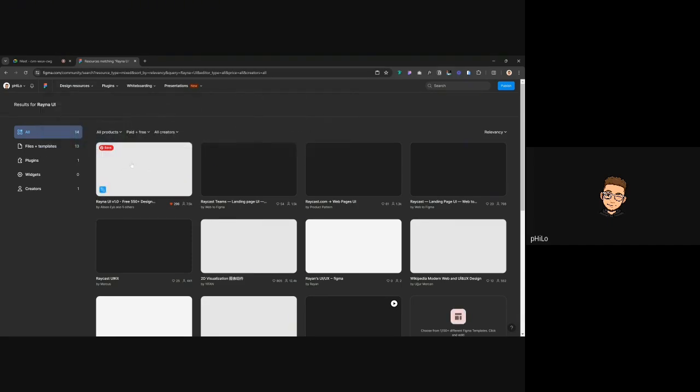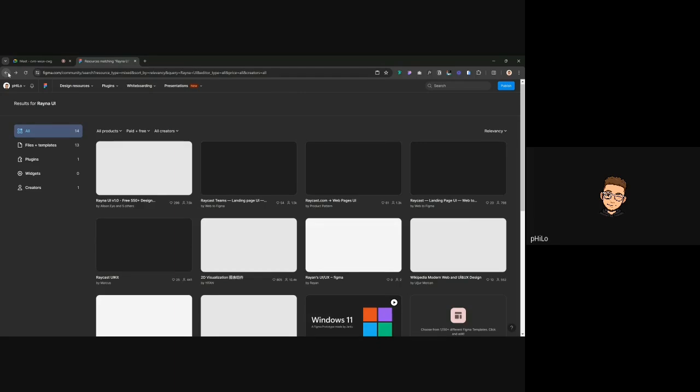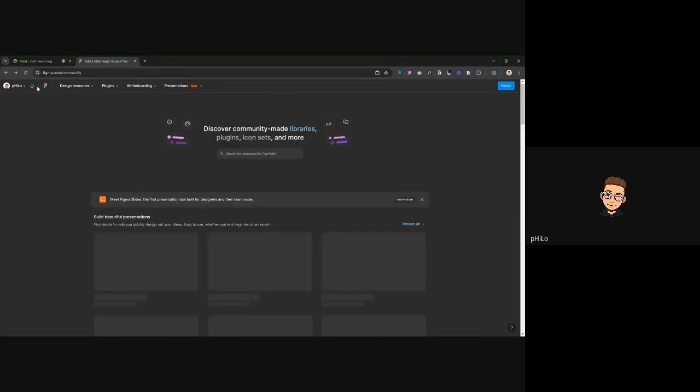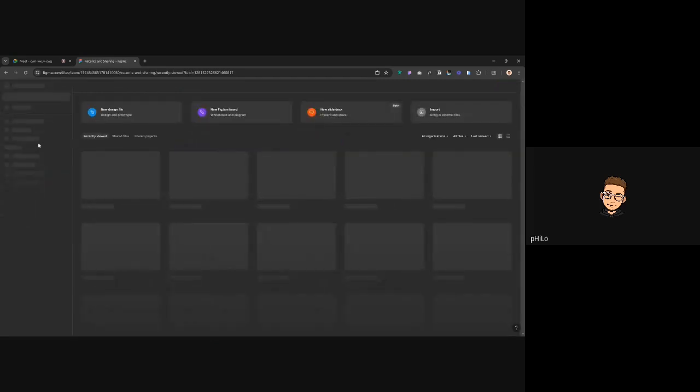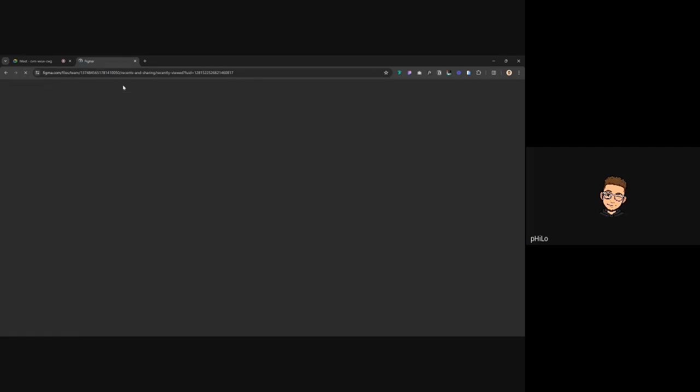So this is Rayna UI. When you click on it and then you download it, you will save it to your file. If you go to my own file here, you will see that I have it as part of my project, and that's where I was designing from. But what you can do is, after saving it, after adding it to your file, which is what Figma will tell you when you open it, you hit publish. So when you click on publish,